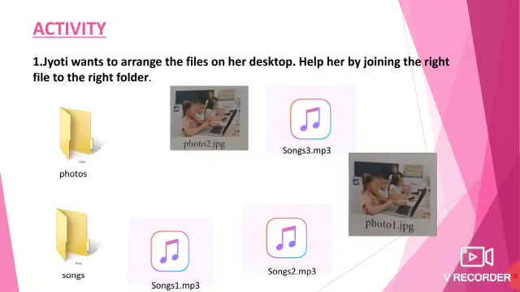So in today's class we have learnt what files and folders are, and how we have to organize things. We have to organize objects related to their group. For example, if I want you to arrange things, you have three boxes: one is vegetable, one is fruit, and one is games box. I have given you some things like papaya and tomato and football.